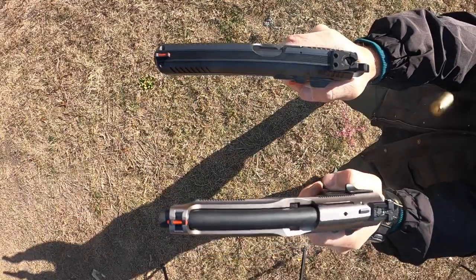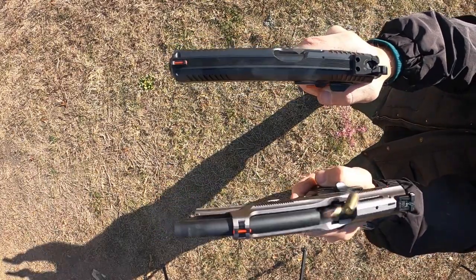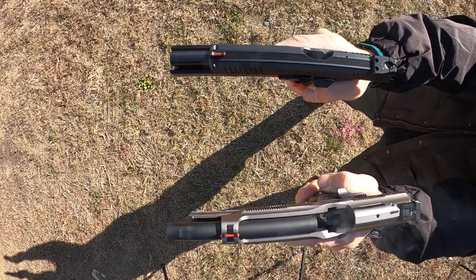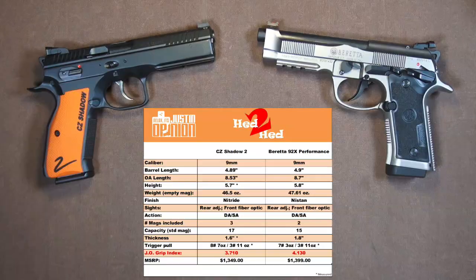The Shadow 2, the double action pull is 8 pounds 7 ounces. Double action pull on the 92X was 7 pounds 3 ounces. That's a considerable difference. However, even though it's more than a pound lighter on the Beretta, it doesn't feel like it so much. The Shadow 2's trigger is so smooth, and this is a whole other conversation,